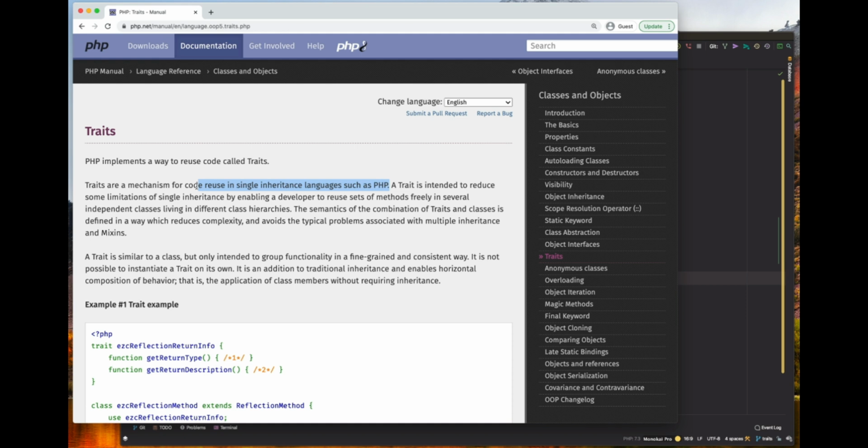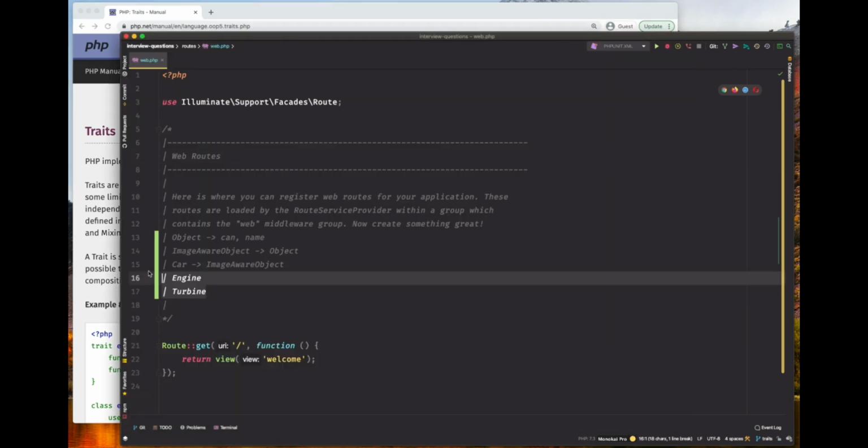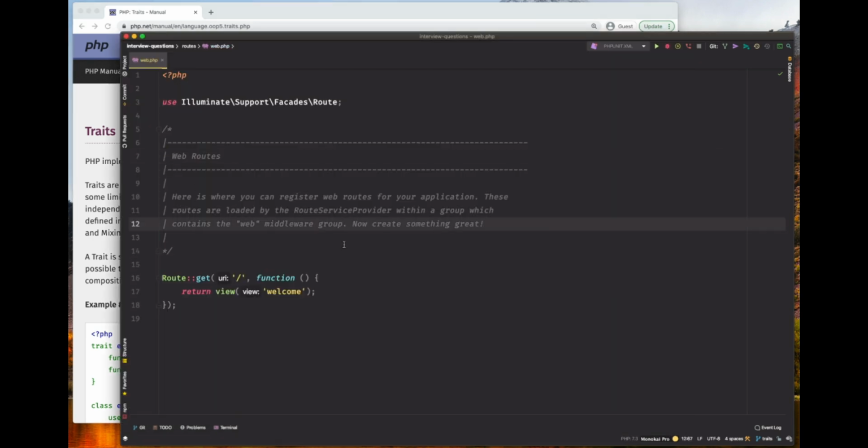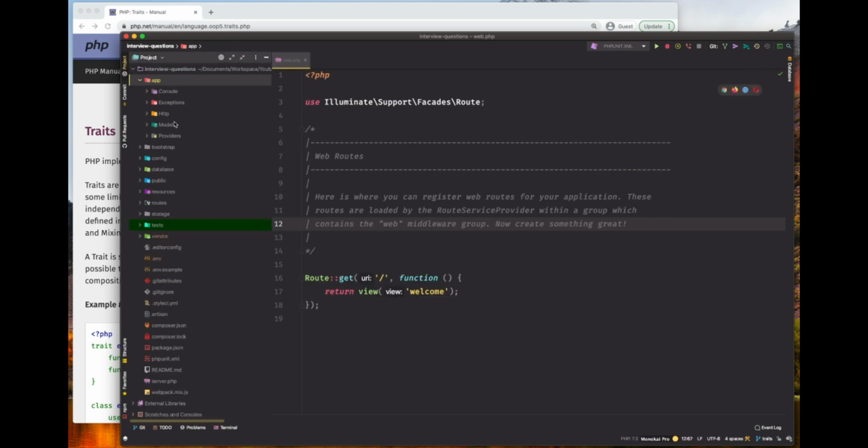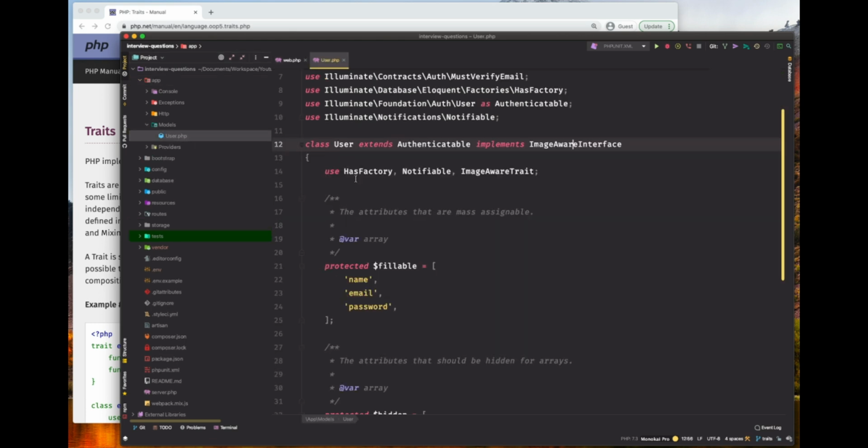So let's see what is the problem with approach 1, and then we will check approach 2 as well. So first, let's look at a classic example and see what the problems with it are. The classic example I will give you is from the PHP models. For example, if you go to app models, User.php,